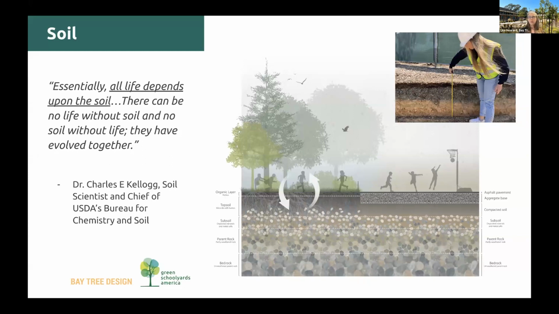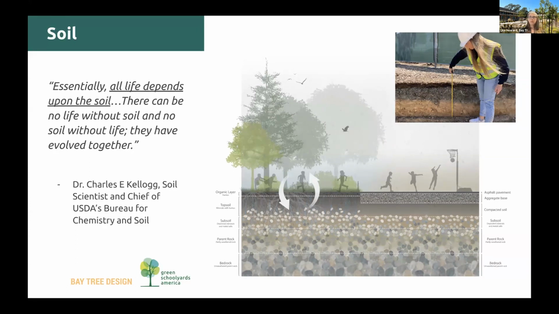We need health of soil, we need health of air, we need health of water to impact the quality of our lives. They give us food, they moderate temperatures. Good soil acts as a sponge. So these are all things that we haven't really thought about when we were developing schoolyards, like Alejandra was talking about, post-World War II, where we really just had to maximize the amount of schools we had to meet the baby boom. But under the paving, as you can see on the top right, soil doesn't have access to